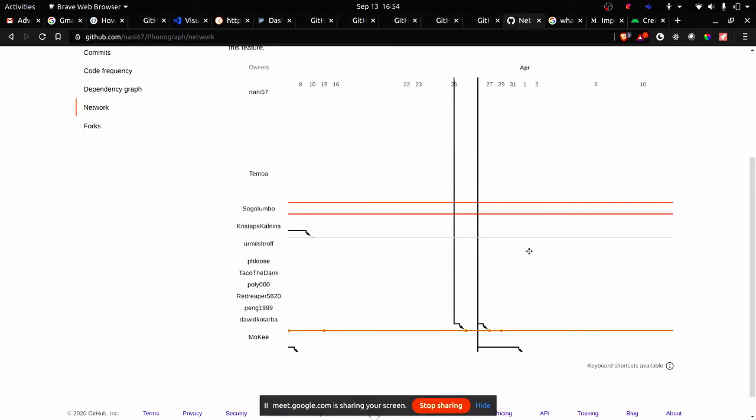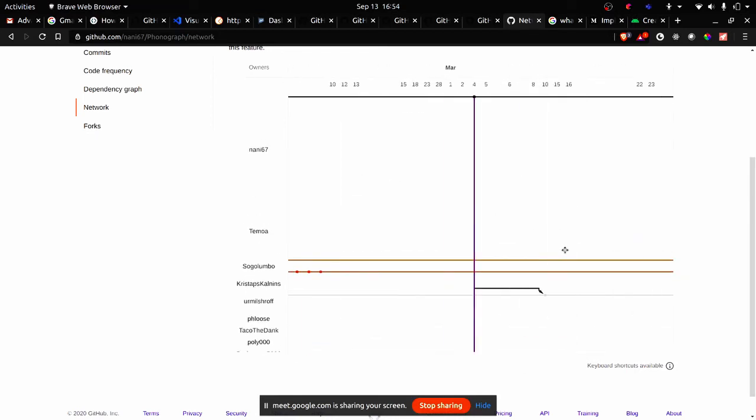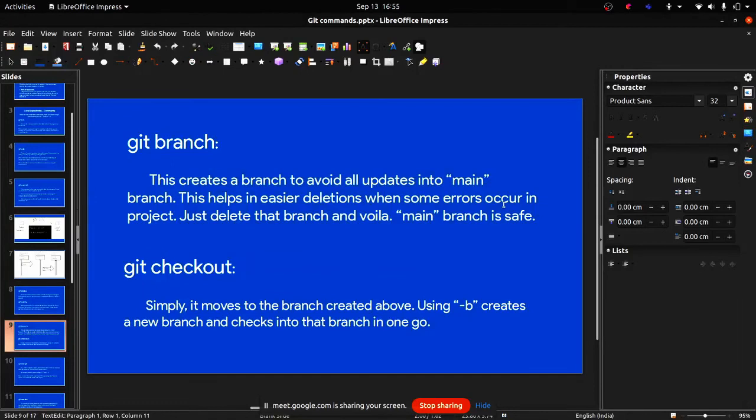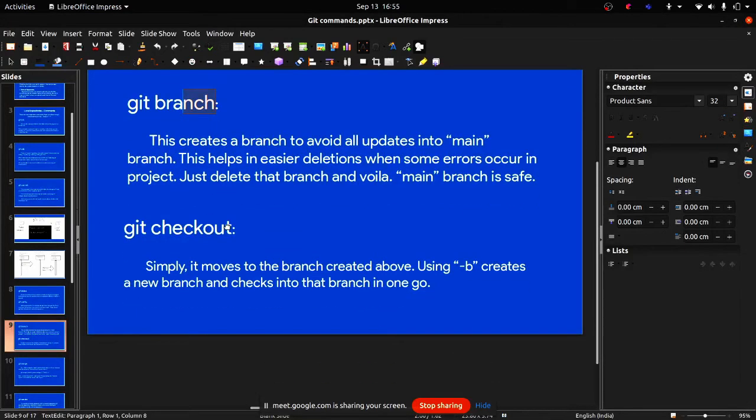In the same way, the diagram goes a bit messy, though I can understand it, but to be more simplistic, they are making different branches and making their own changes in them. And once they think that everything is fine and everything is working, they add it to the main branch again. So that is how a project basically works. So git branch is nothing but that, you understood, right?